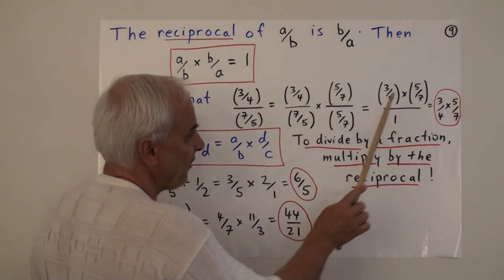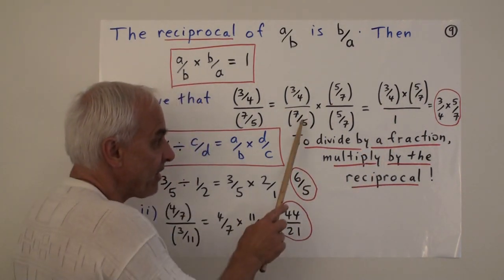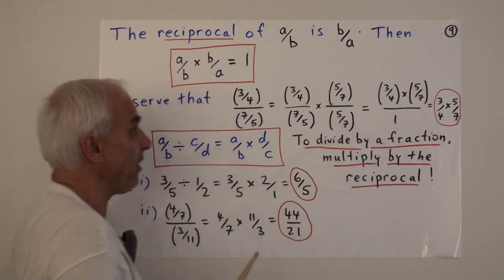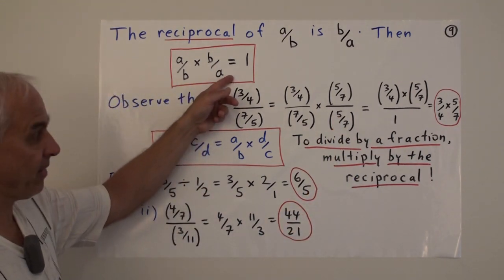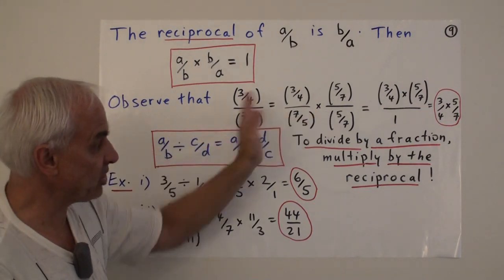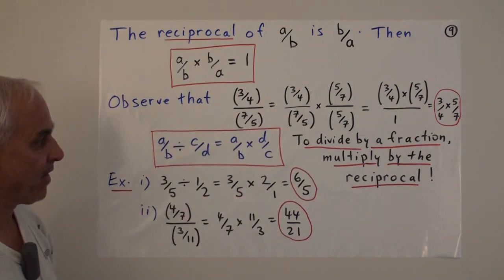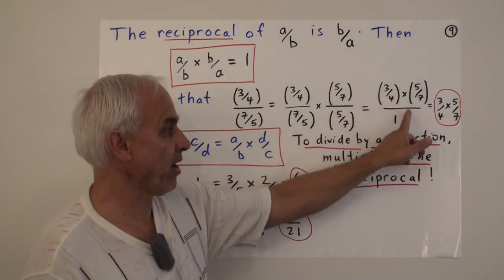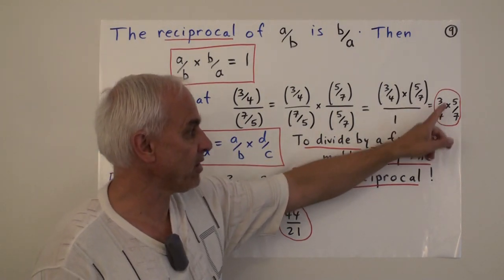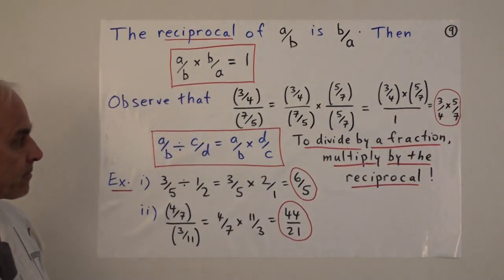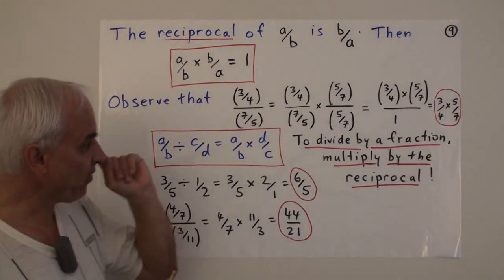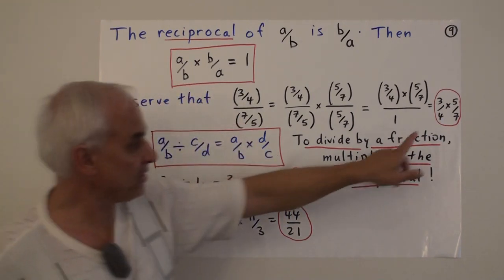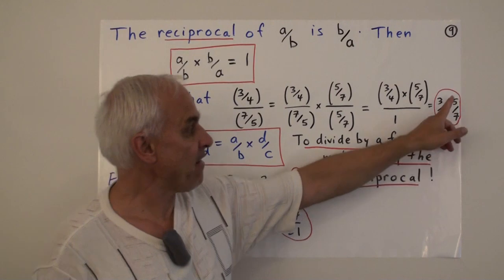But 3/4 times 5/7, well, that's just up there. But the 7 over 5 times 5 over 7 is equal to 1. That's our rule there. This fraction times this fraction is 1. And so the whole thing simplifies because once you have a 1 on the bottom, it's just the numerator. So you just get 3 over 4 times 5 over 7. So to summarize, we've replaced the division by 7 over 5 with a multiplication by 5 over 7.